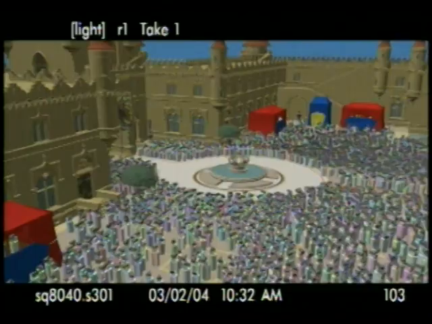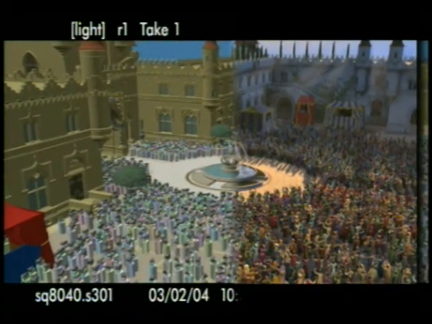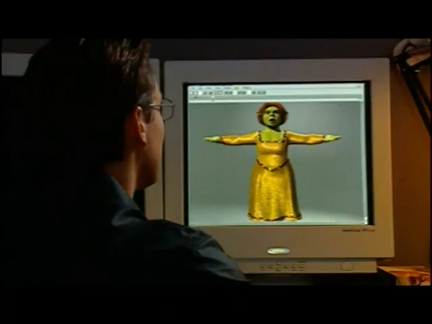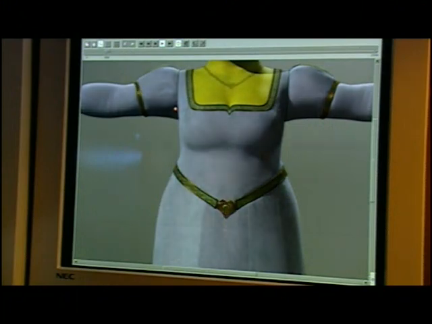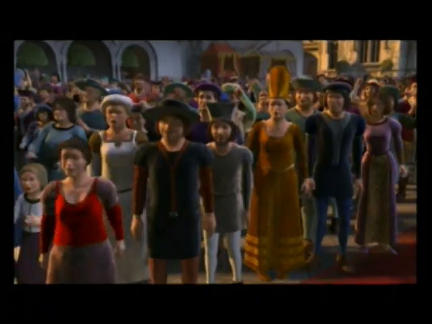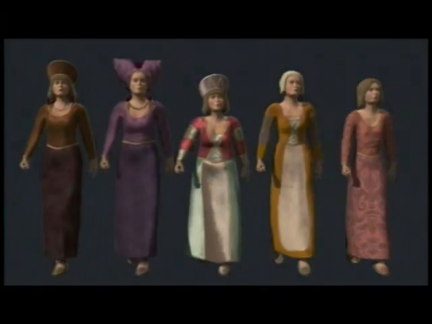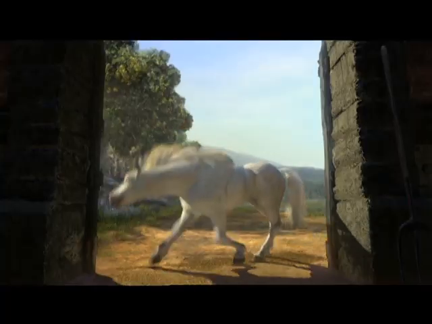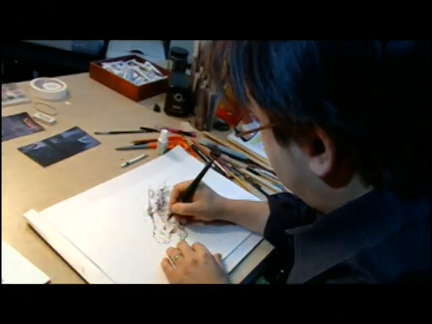I think the crowds are going to look amazing. We created fabrics that could be used 100 times over, punching in different colors. We found every way we could to multiply and to make it more interesting visually than just the few costumes we had before. Once all the sets are built, the characters cast, and the costumes created, it's the job of